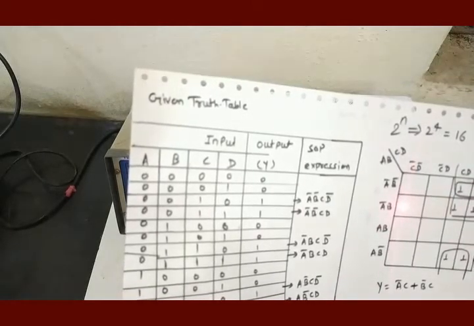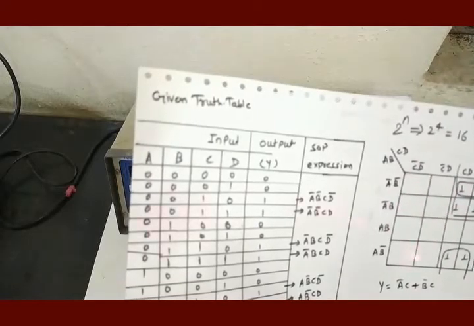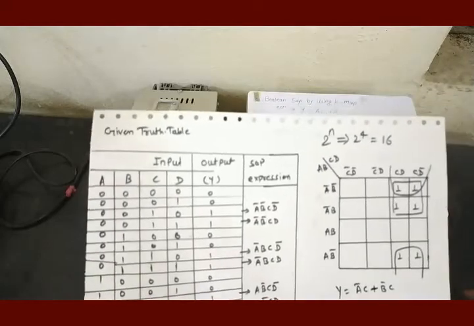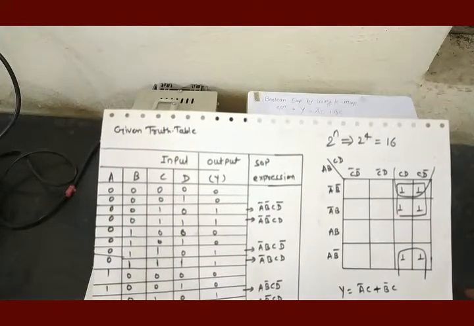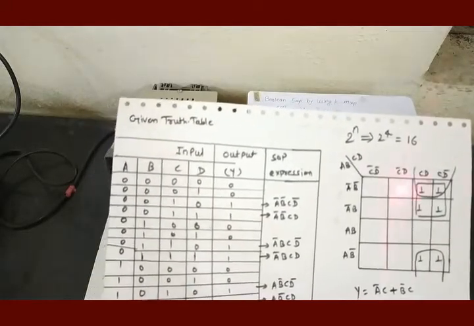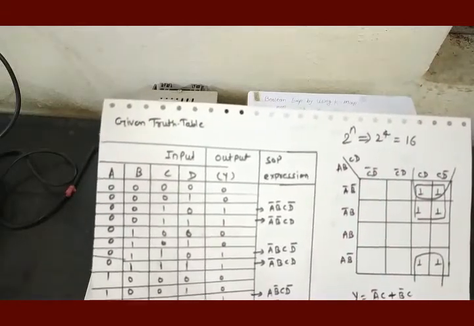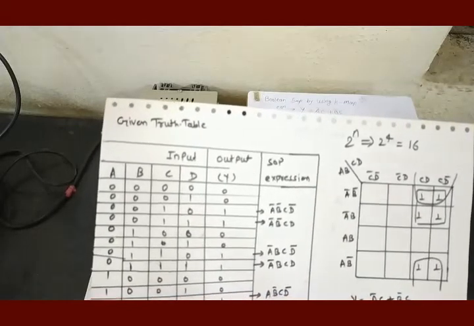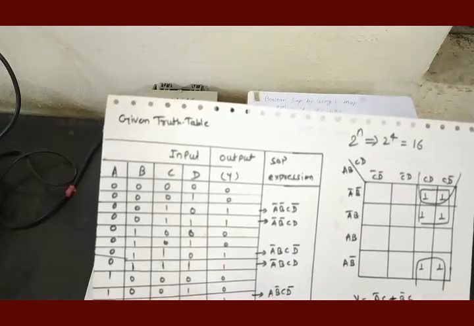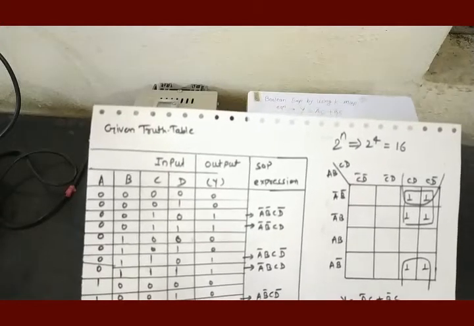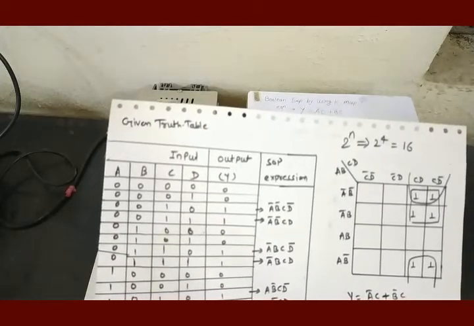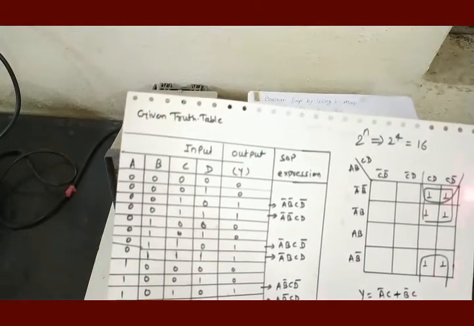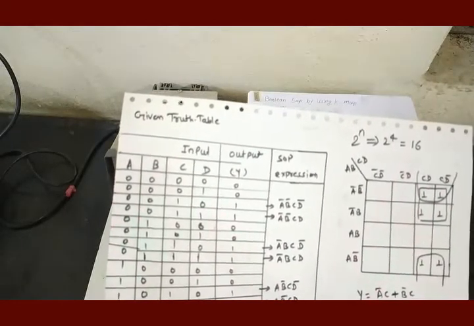This way you can give a number to this cell, this cell, this cell, this cell. All the remaining cells can be given numbers depending on their fundamental product. This way the Karnaugh map is constructed for a 4 variable truth table. After constructing the Karnaugh map for the 4 variable truth table, now we have to insert the fundamental products for ones in the output on the corresponding cells of the Karnaugh map.